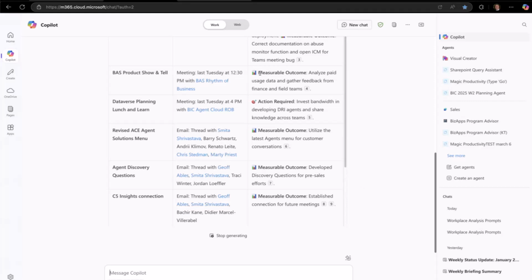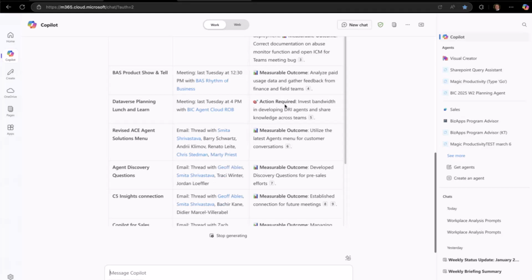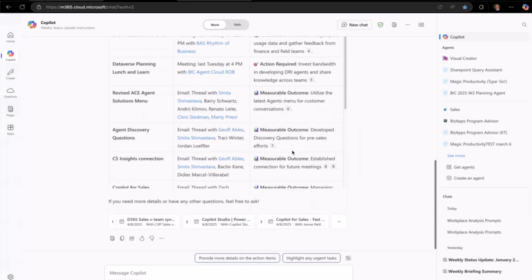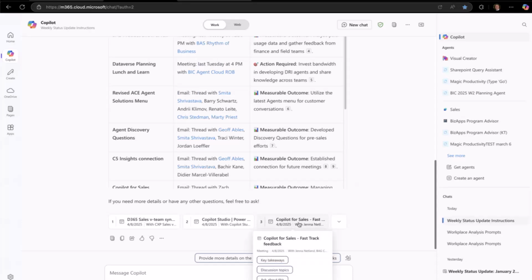And this is easily showing the measurable outcome, the action required, along with sources here. And then you can even dive into lower details of, hey, what are the key takeaways from this meeting? What are the key takeaways from these conversations? So this is really, I would say, the yellow brick road that we want to follow here of, hey, I